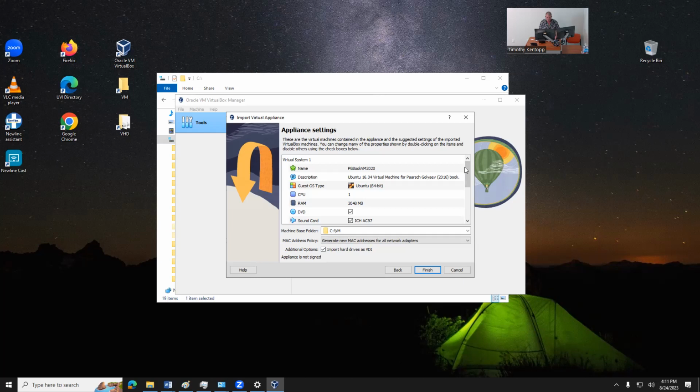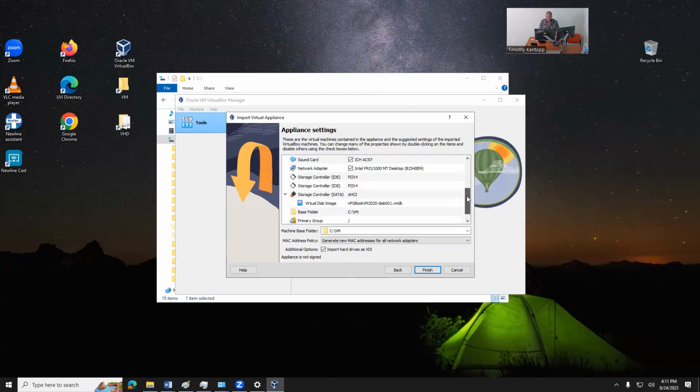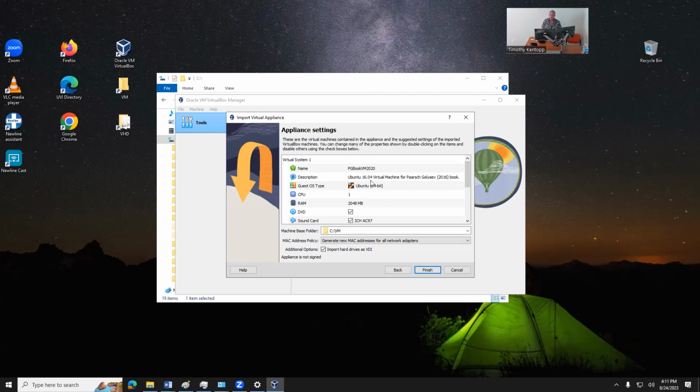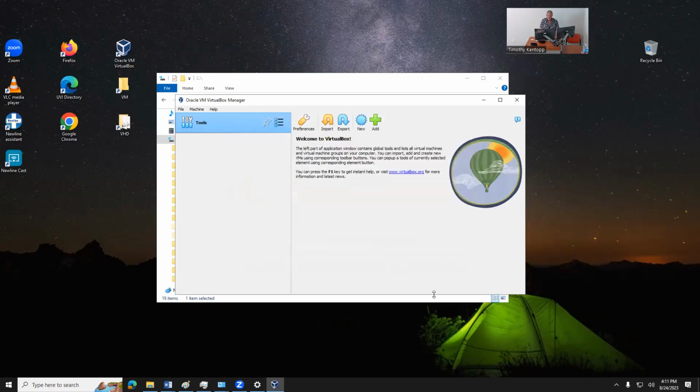Now if I scroll down, I can see all sorts of interesting stuff here, but they made this easy. It's going to create a virtual machine that runs version 16.04 of Ubuntu. Some of you may already have virtual machines built out of newer versions of Ubuntu, and it's okay if you set up an account and login that matches the virtual machine for the class, and you just want to submit that instead, okay? If you run into any snags setting up the user and the login, let me know, but you click finish,